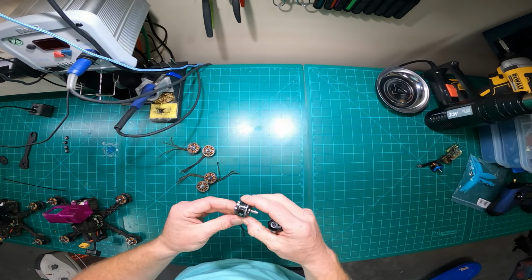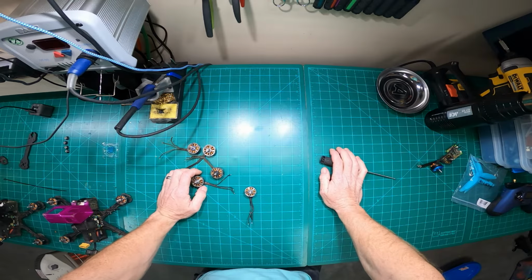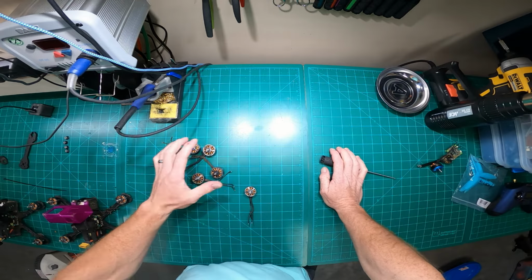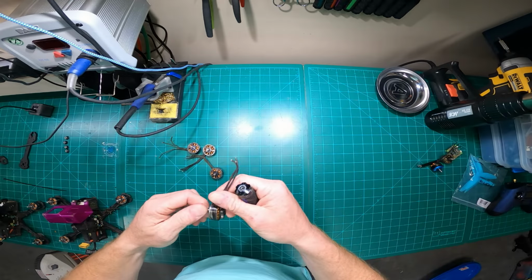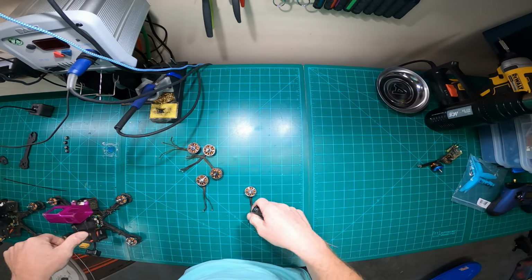Back to the motor. When do I replace it? There's a couple of things I look for. Typically I'll run motors out. I end up breaking them. I'll break a motor before I'll actually have to replace it, just due to bearings or the bell, or it's just notchy or doesn't feel good in flight. But I do notice over time performance